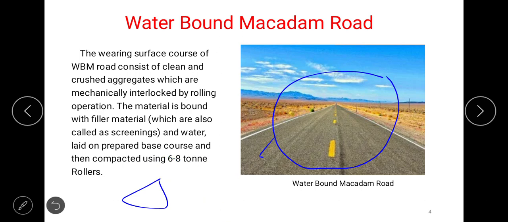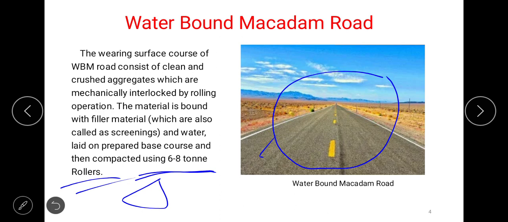Then material is bound with filler material, as I have already said, which are also called as screenings. The screening materials are used in order to fill the voids or interstices between the two aggregates. And water laid on prepared base course and then compacted using 6 to 8 ton rollers. You must have seen all this when the road construction is going on.